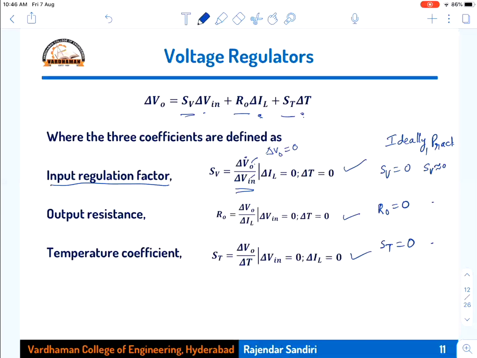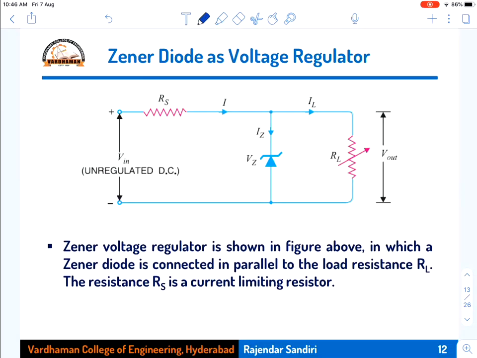Then we will see how a Zener diode acts like a voltage regulator. This is the circuit diagram of a Zener diode voltage regulator, where I will be connecting the input voltage, positive and negative, through a current limiting resistor. Then I am connecting the Zener diode. The Zener diode's operating region is reverse. So if I want to connect the Zener diode in the reverse biased condition, what are the polarities of the battery and the position of the diode? This is the cathode and this is the anode. The cathode is connected with the positive terminal of the battery. The anode is connected to the negative terminal of the battery.